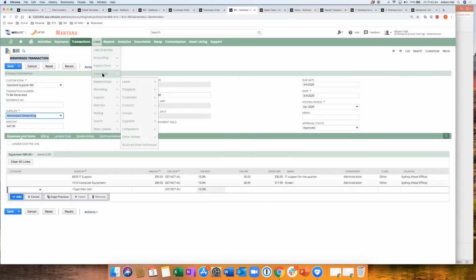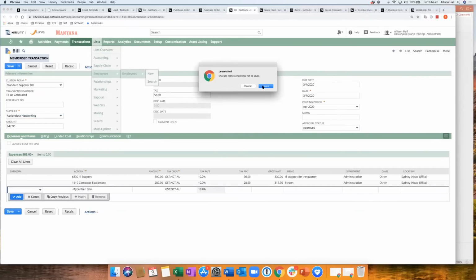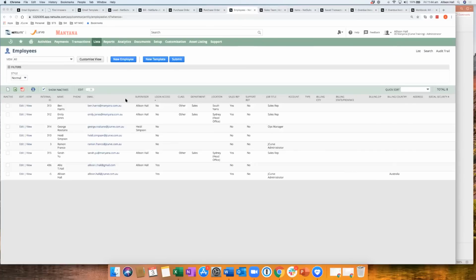So if we go lists, employees, and we look at our employees, here's our employees listed. Now, again, you can customize your view to look at the fields of information on the employee record that are relevant to you. In this instance, I want to see login access. So this is telling me that of all of my employees set up, these ones don't have login access, and these 2 employees do, so myself and my other test employee. Okay, so if we go into my employee record,